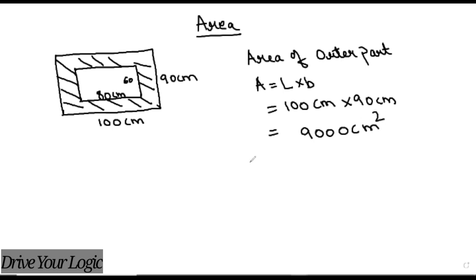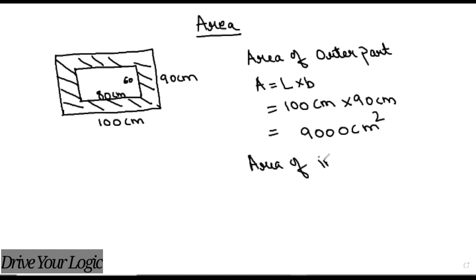Many of you often forget the unit. Okay, don't forget that. Now area of the outer part is done. Now if you get the area of the inner part and you subtract the outer and inner, you will get the remaining part. The full portion is the outer part, that is the bigger one. From there, if you subtract the inner room, won't you get the area of this part? Yes.